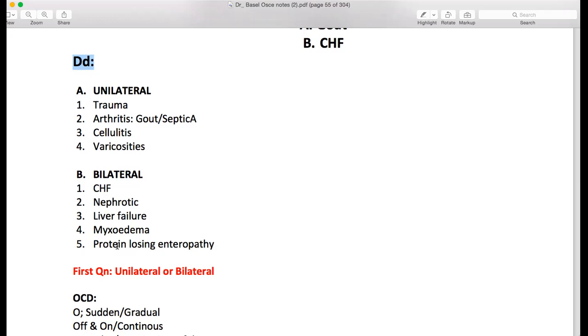So try to make your own notes of differential diagnoses, post-encounter questions, and the physical examination. That will help you a lot. Especially, let's suppose your exam is on 9 September, it will help you a lot in August to revise every single thing. That's why if you are a beginner and about to start, make your own notes.